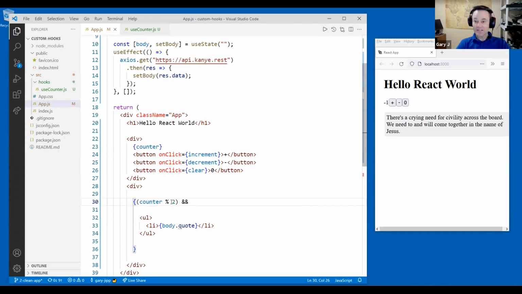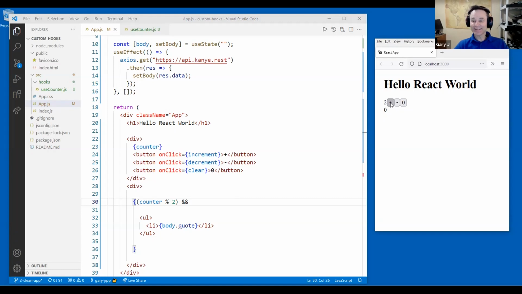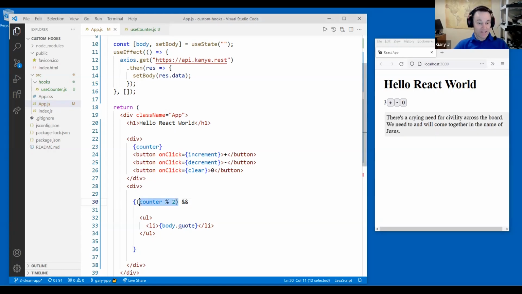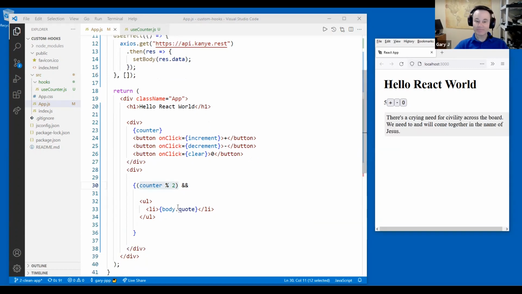Okay. So now, hopefully, look at that. All I've said is if my counter is odd, that's all. So every second time I click on something, it's going to just show something. But you notice I'm also showing a 0, because that is not a Boolean expression. So one thing to really be careful with when you're doing conditional rendering, don't take shortcuts, because counter %2